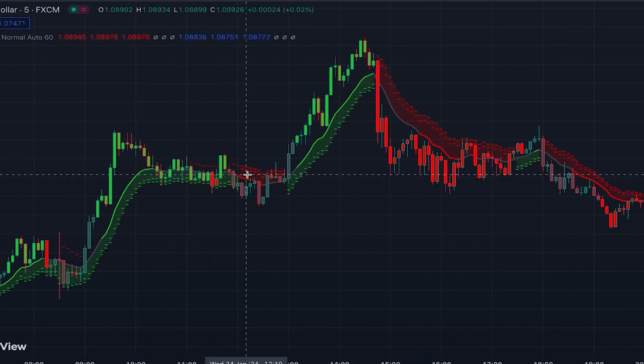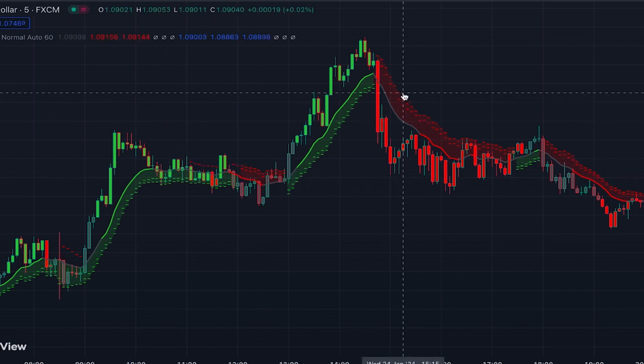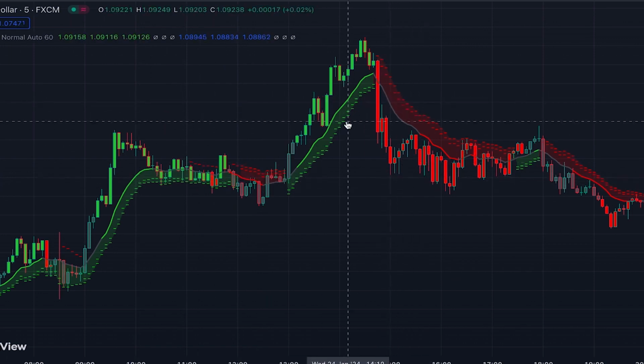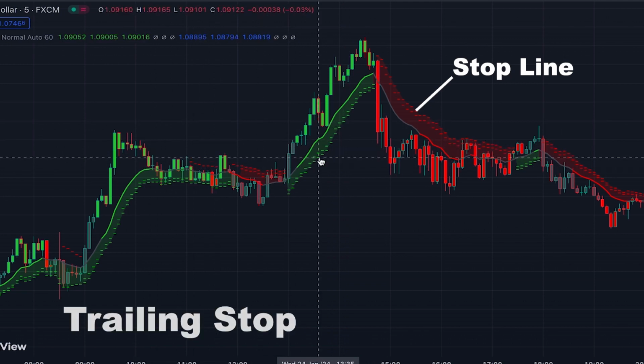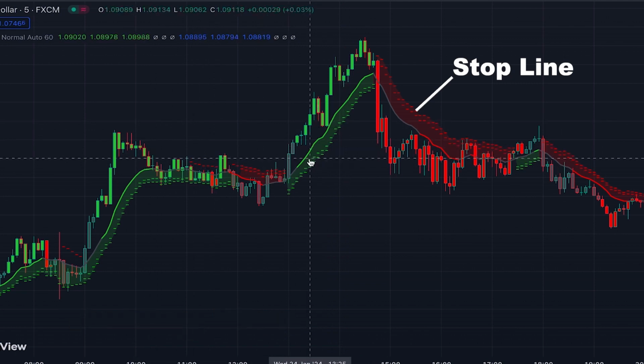The next component is these small green and red lines that are placed above and below the price. They are called stop lines, and they are actually ATR deviation lines, which are made by a special calculation of ATR in relation to current and previous values of 13 EMA. In a similar sense to ATR or SuperTrend, which is built based on ATR, they provide support and resistance levels which can be used for trailing stop or also entering a position when they are touched or broken, depending